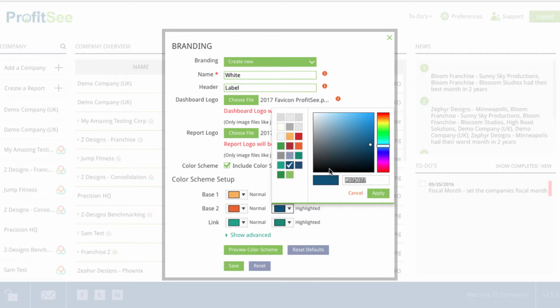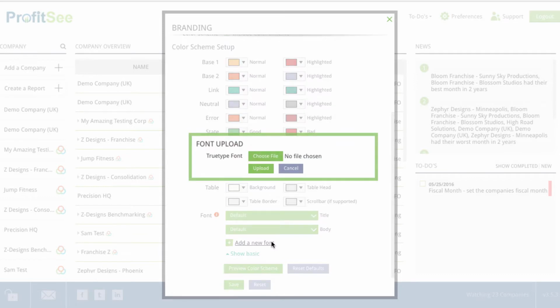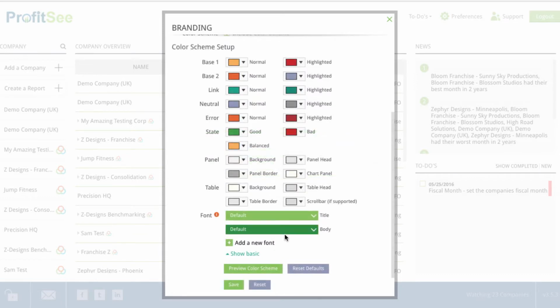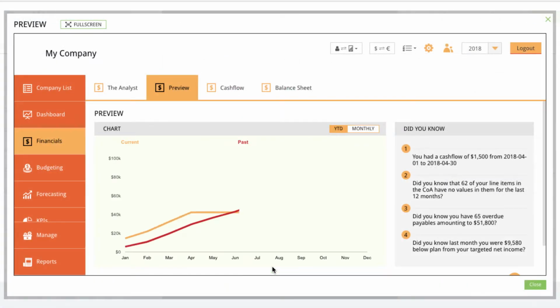In addition to that, we allow you to import the font of your choice. Lastly, before saving the branding, we recommend that you preview these settings so that you can be sure it is up to your liking. Now click Save and you are ready to include this newly created branding on reports and